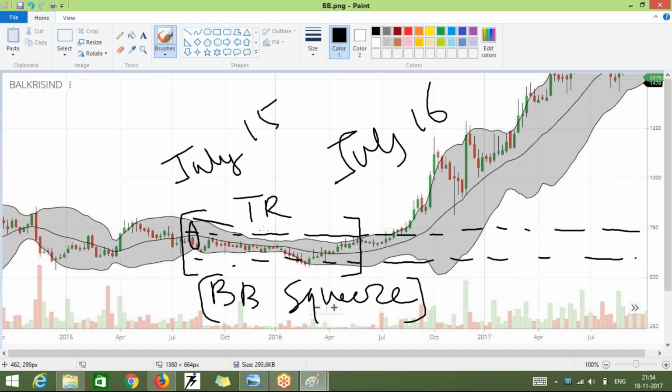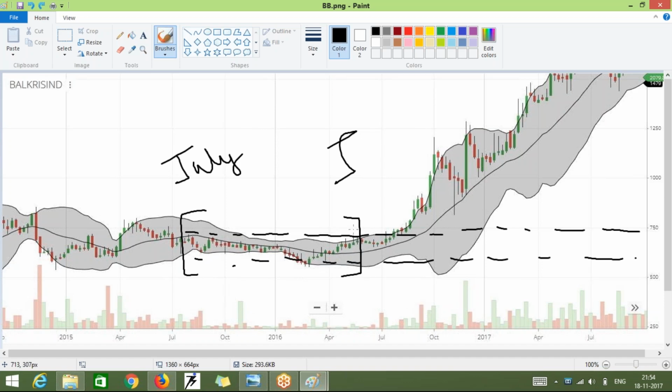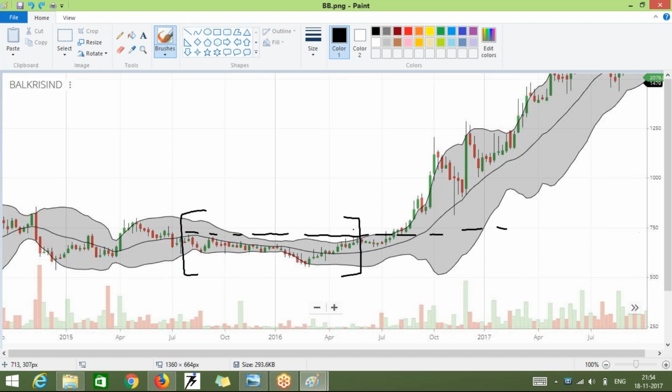You can see here, it looks like a funnel. So let me clear this one, I will explain. When you see that the Bollinger Band's upper band is being broken,